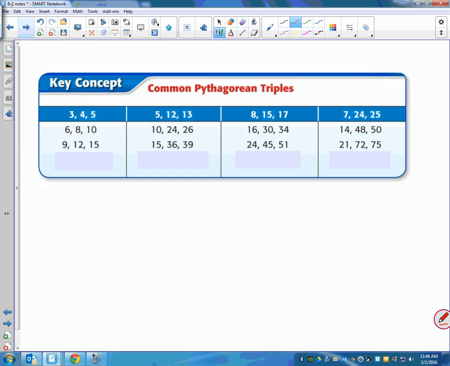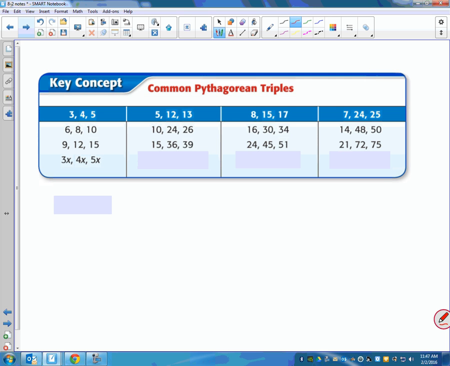So in your book, they give you these, right? 3, 4, 5 is a perfect right triangle. Just think about it. If you take 3 squared plus 4 squared, 9 plus 16, is that going to equal 25? And what's really cool is any multiple of 3, 4, 5. Think about similar triangles. If you doubled them all, or tripled them all, or any multiple, your book says anything that's 3x, 4x, or 5x is going to be a perfect